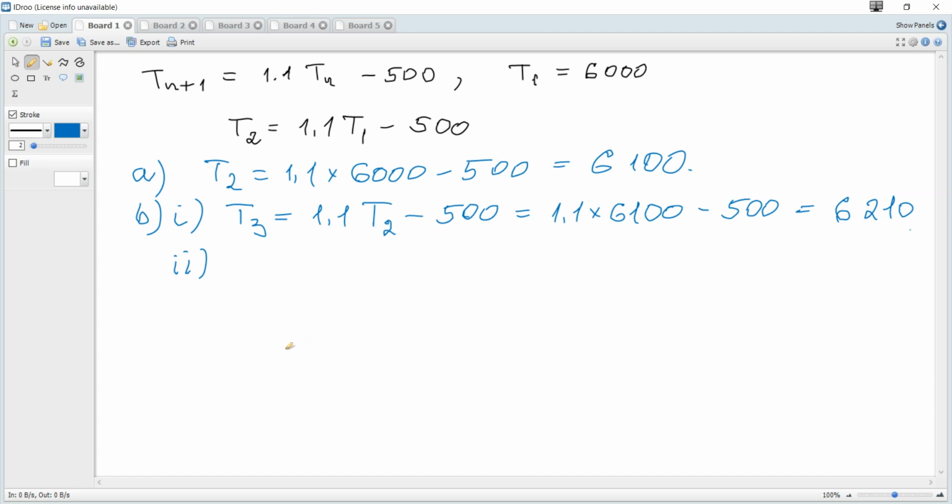The next, find T4. T4 is what? 1.1 times T3 minus 500, and just using a calculator, it's this value. The next,